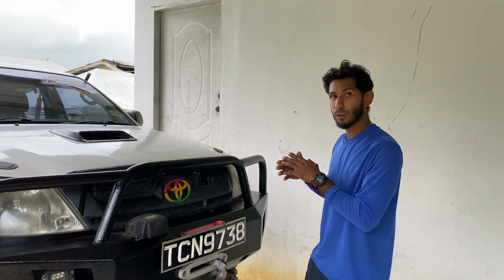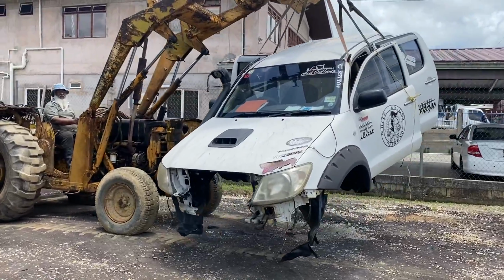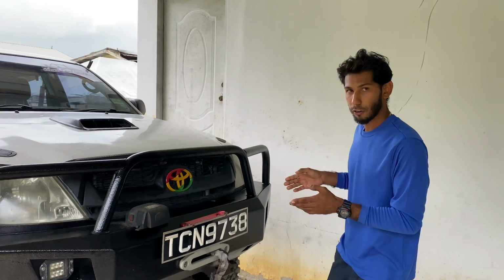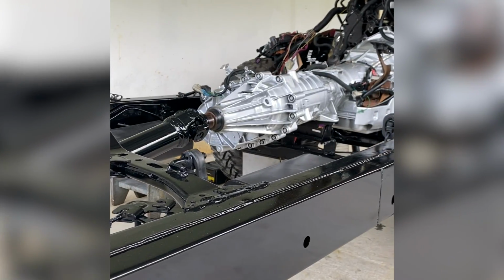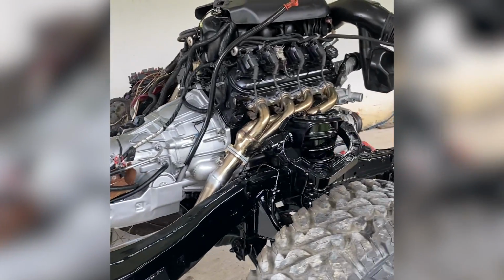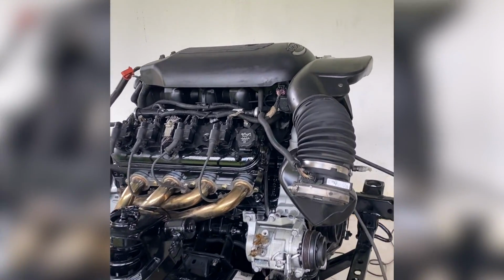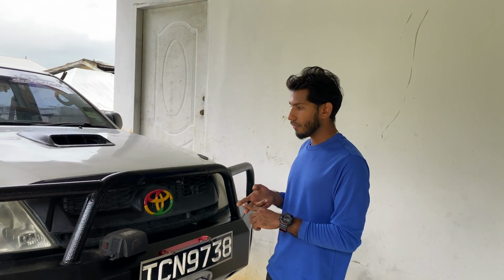We basically scrapped the whole van, took off the cab, took out the engine, took out the wrong transmission, and did over the whole van. I'll give you all a little walk around on what we did. We did over the chassis, we did over the engine. Well, the engine was built over by Mr. Kisun, and the transmission was also upgraded by Mr. Kisun. The exhaust was fabricated by myself, the engine mounts, the transmission mounts, the fitting of the radiator, the brackets for the condenser,